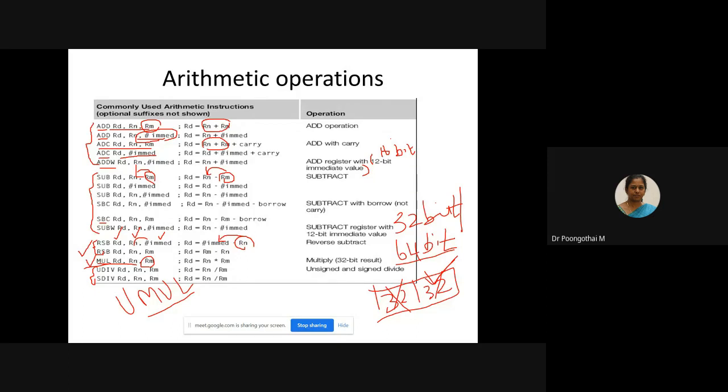If you really need to multiply large numbers, your Cortex M3 and M4 have long multiply instructions that return a 64-bit result. But these long multiplication instructions are slower than the basic multiplication, and they require 2 registers to hold the result. One is for the lower 32 bits and the other one is for the upper 32 bits. So that is the limitation of your long multiply instruction.